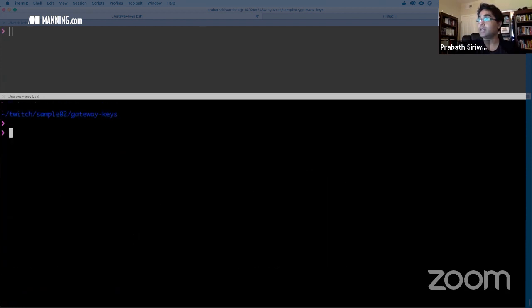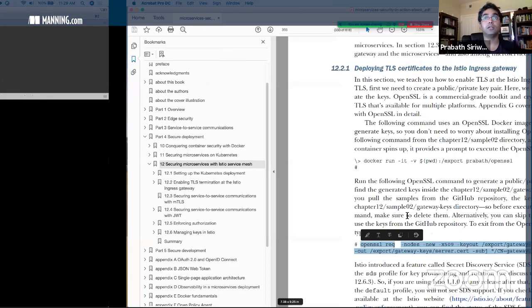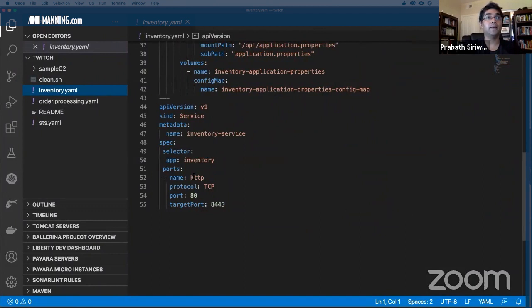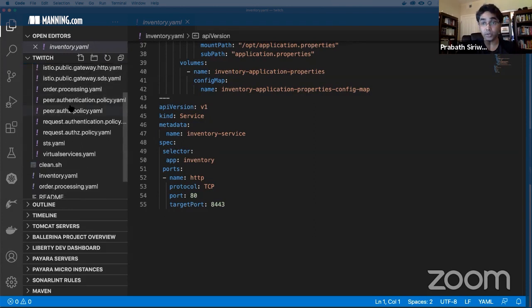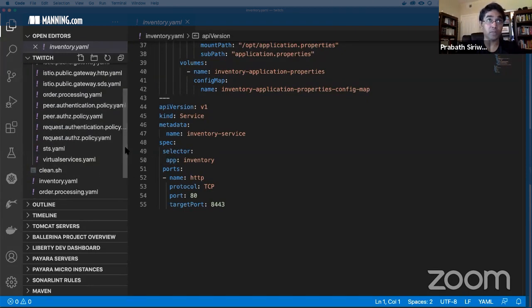So now the next thing we need to do is create a gateway. But before that, let me go through the definition of the gateway. Istio introduced two new CRDs, the gateway resource and the virtual service resource.